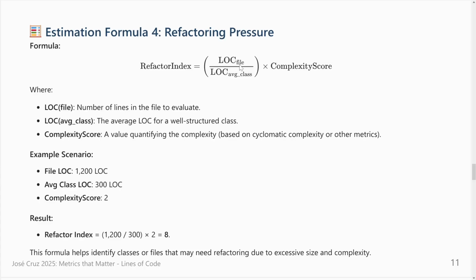It's not that the number will say to you that it should need a refactor, but if you do this to a set of files, the files with the bigger number, you should look into them and check, do they need refactor or not? Okay, that's what this formula is giving you. So we have an example here. We have a file with 1200 lines of code. On average, a class has 300 in your project. So if you have a file here, it says that this file has 4 times the number as an average class, because sometimes there is a high relation between a class and the file.